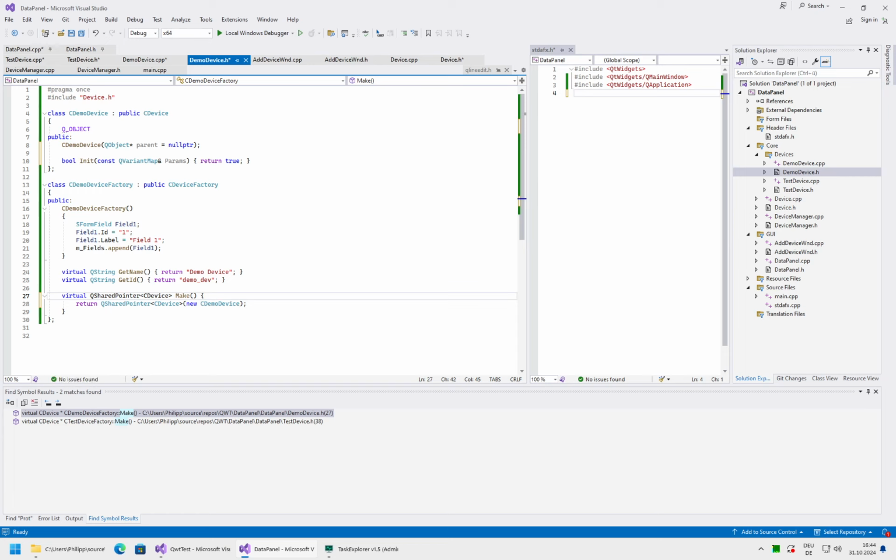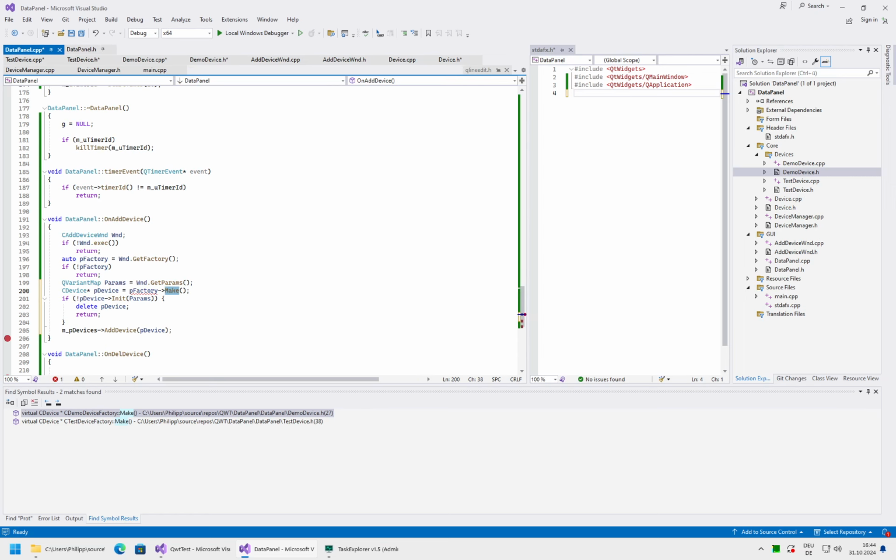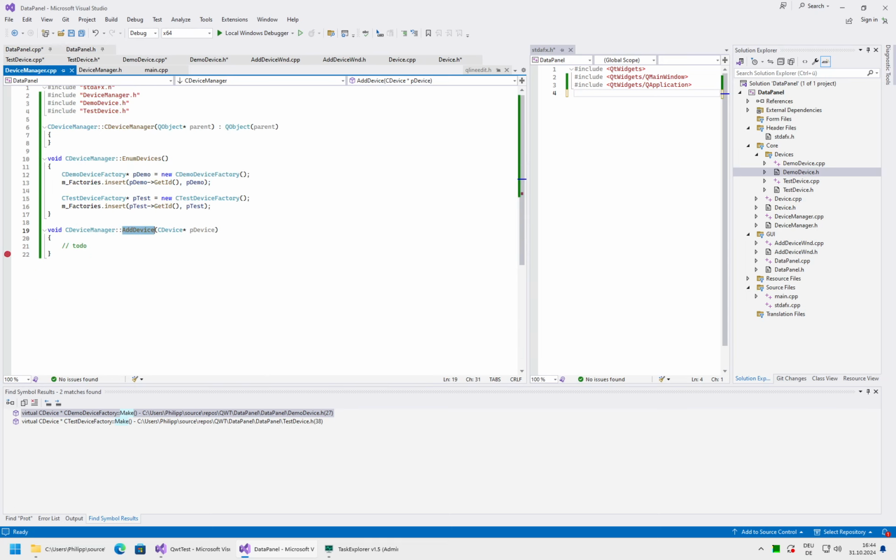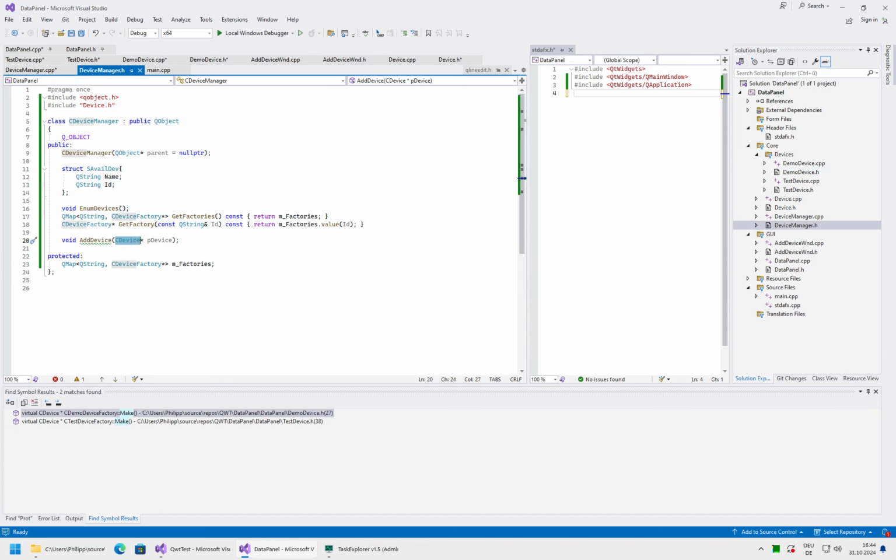Okay. Then we go to our panel here, and we don't need to delete, we can just return. And of course here this will need to be adapted to take the smart pointer instead. Okay. And now we will need to have a list of devices,